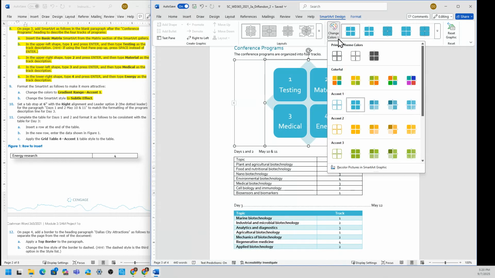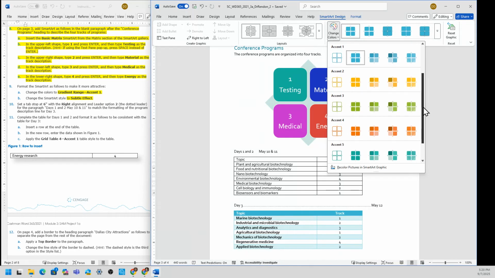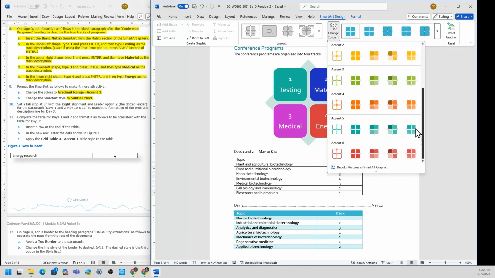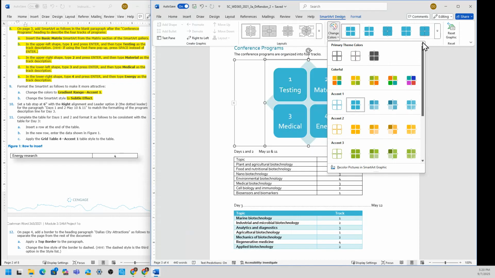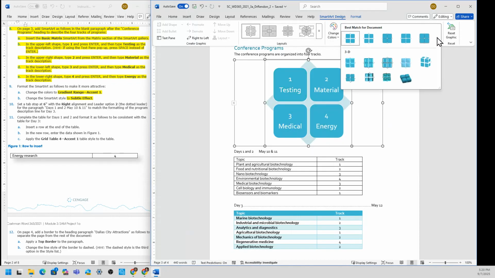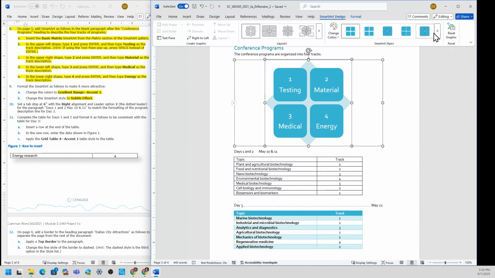We need to change the color to gradients. Maybe not that one, because I don't see gradient range. So could be not that one. So we'll see here. That's a smart art style.